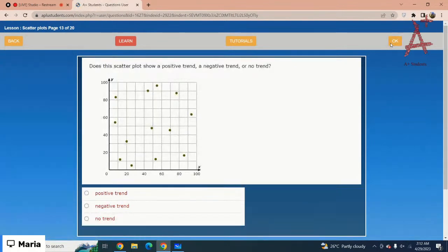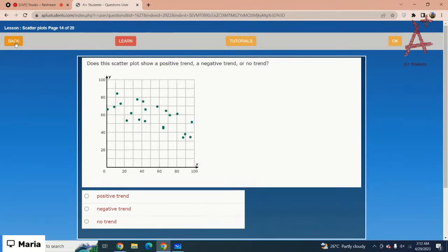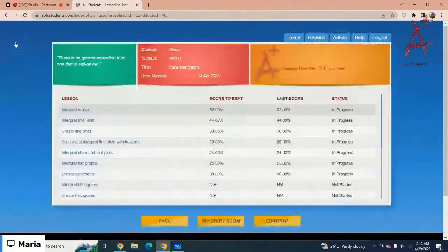Okay, does this scatter plot show a positive trend, a negative trend, or no trend? Yes, that one shows no trend. Okay, you can complete the test by yourself later today. Let me just move on to the next lesson. And the next lesson is, and the next one is